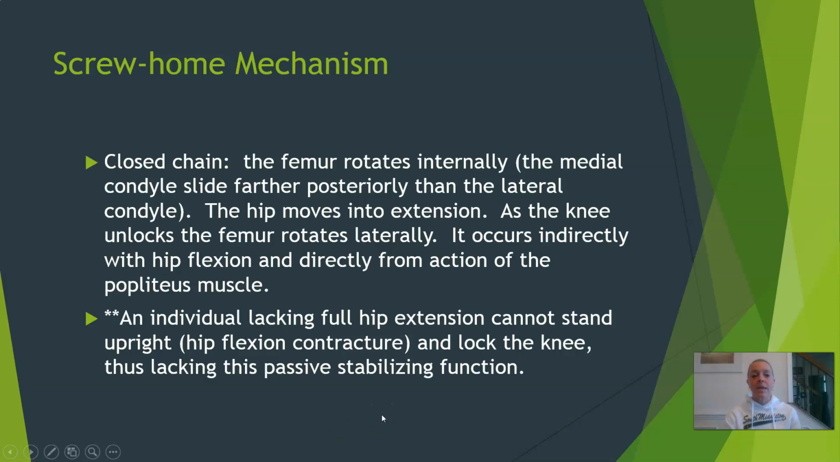So again, in the closed chain, the femur is going to rotate internally because of the discrepancy in the length of the femoral condyles. That will also help move the hip into extension. And then as the knee unlocks, the femur will rotate laterally, and the hip will begin to flex a little bit. With this interaction between the hip and the knee, if a person does not have full hip extension,